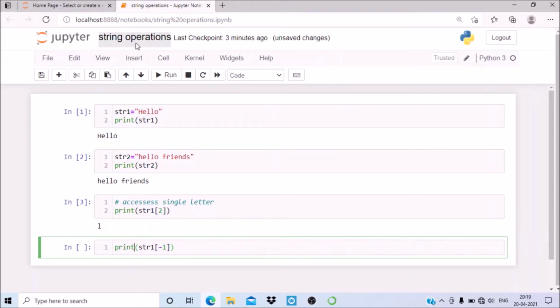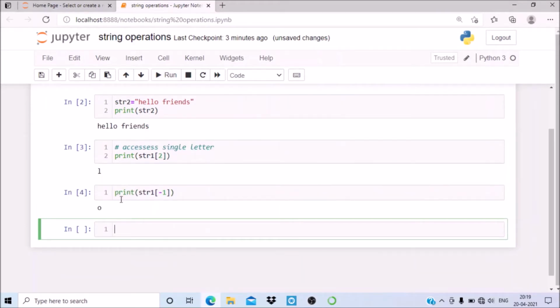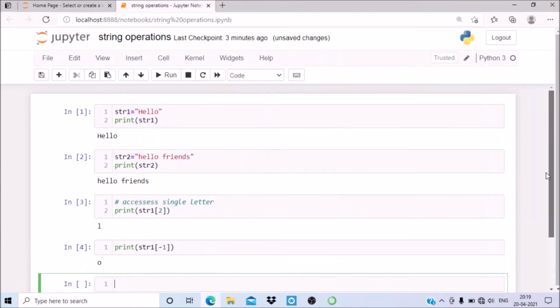It will display the last letter from the string, so here it is O in case of string1. O is the last letter and you are accessing it by indexing -1. If you want to access the second last letter, you can provide the index -2. Such types of indexing you can use: positive indexing and negative indexing.